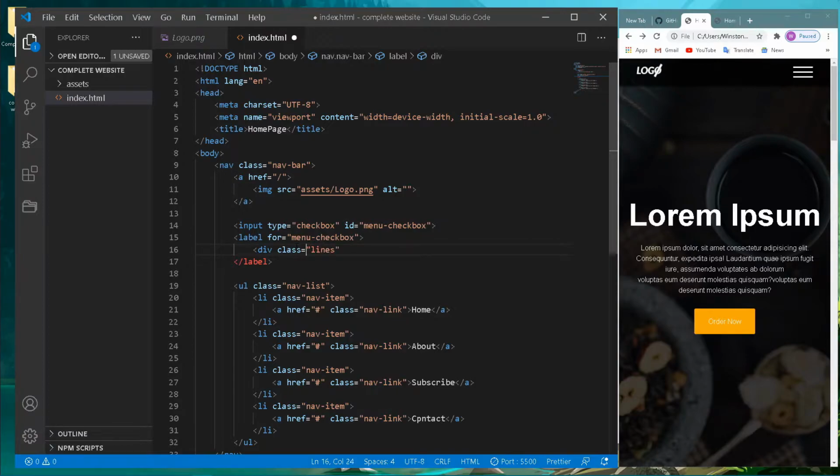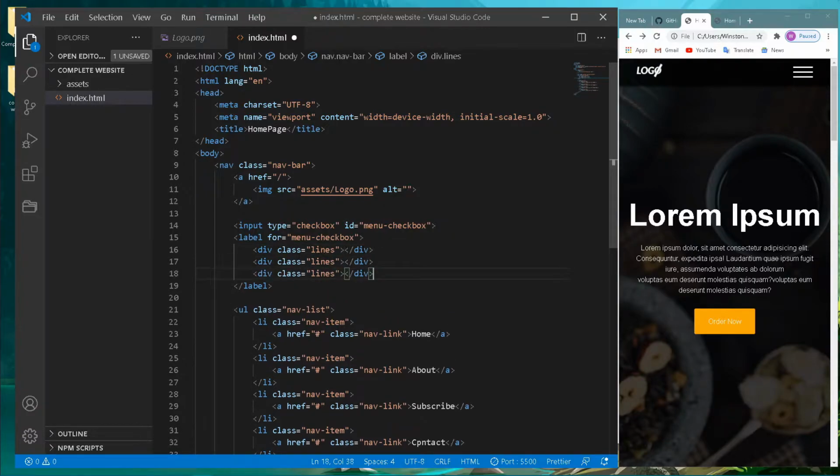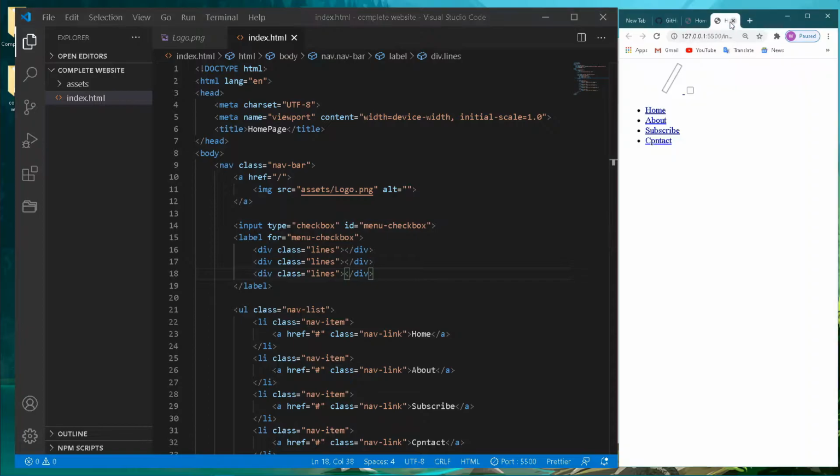I'm actually not used to typing code all this way. I just use MS and I'm gone. Alright, so now I'm going to have 4 of this, 3 of this. So Alt Shift down to copy it 3 times, then I save it. You probably won't see anything, it's somewhere around there, but you won't see because we've not applied any styles to